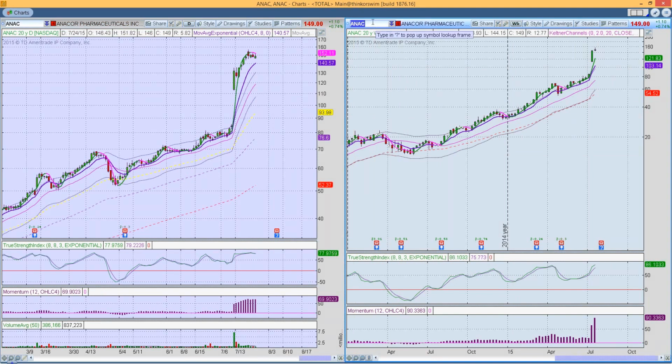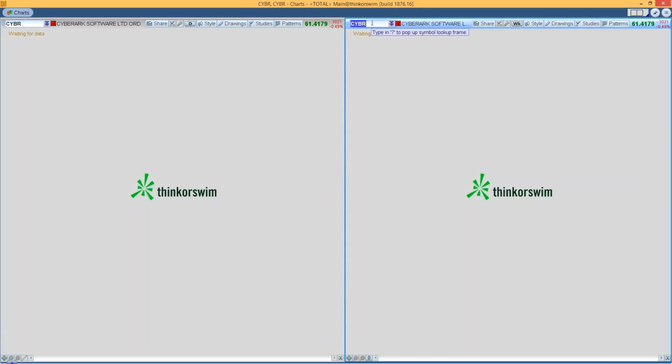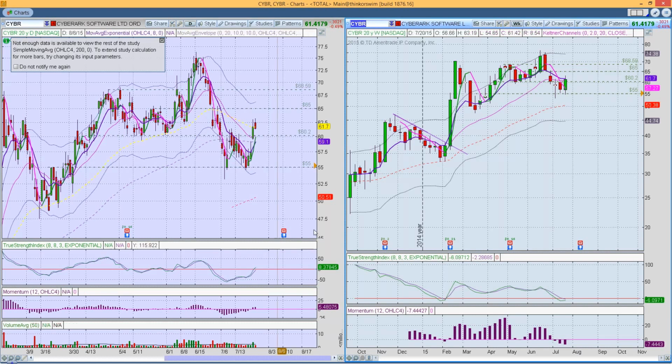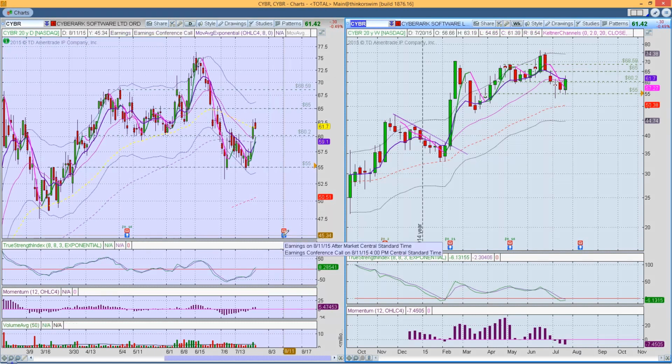And let's see, Cyber, I believe, is also looking at earnings in a little bit, August 11th. Cyber made a really nice move basically off this $55 support range, popped up, and now got above the 50-day moving average, and then is dropping down below it. But given that the markets are selling off the way it is, this is actually strong behavior for a stock.